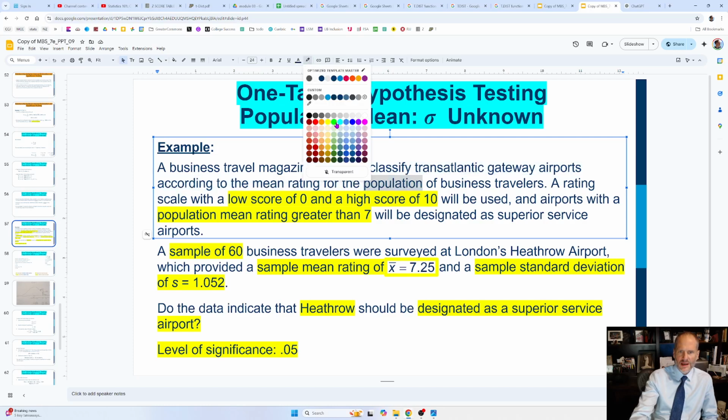So I'm going to say here, mean, and I like mixing up the colors. That one's a little bit too dark. We'll go with this one. Mean for the entire population. So that's what we're looking to estimate, right? And we're going to classify airports according to the mean rating for the entire population of business